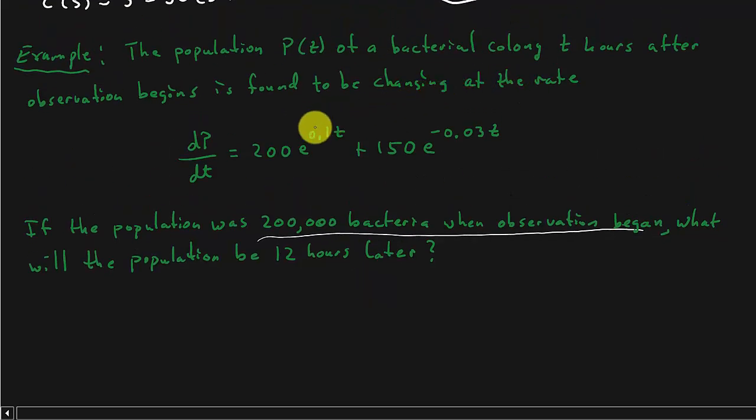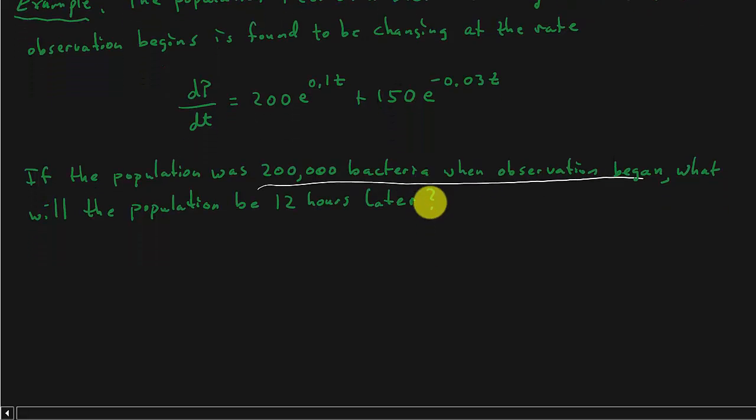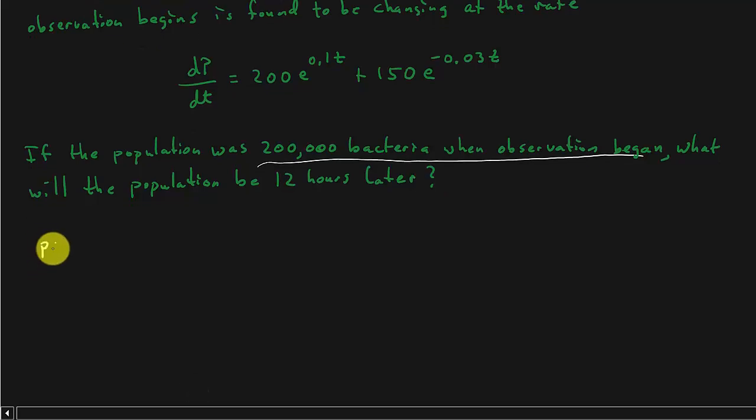Now, keep in mind it says the population t hours after observation begins is found to be changing at the rate. Do you remember derivative is a rate of change? So this is how the population is changing. So this is the derivative of the population function, and we need to get our population function. So we've got P of t is equal to the integral of 200 e to the 0.1t plus 150 e to the negative 0.03t